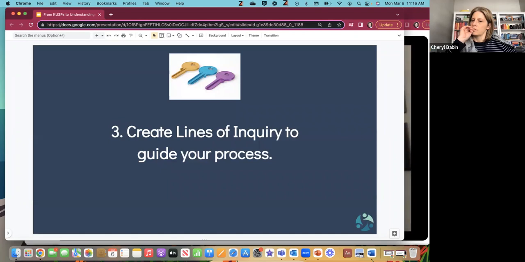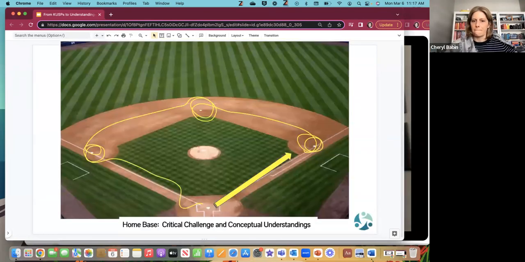So from there, we would go to the third part of this session today, which is about creating lines of inquiry to try to guide that process. And so I'm going to use a baseball analogy. The idea here is that we know that at the end of this learning, they're going to be writing this persuasive speech and really thinking about the character qualities of a good friend. So in doing so, we're going to need to go out into the world. The world would be the learning or the line of inquiry. And we're going to be doing some mini lessons, some specific learning, some digging into something.